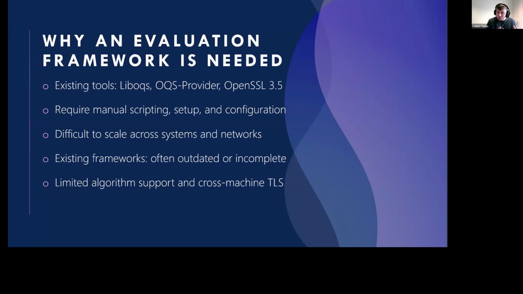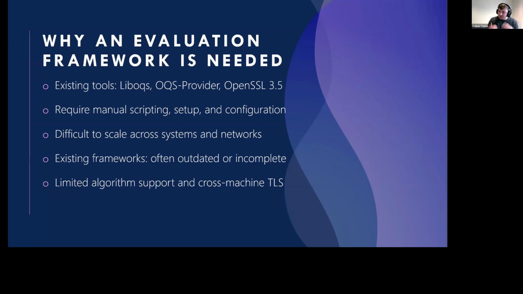The problem with these tools is, whilst providing a full set of PQC implementations, to be able to effectively use them within research and within different experimentation setups, it often requires a lot of manual setup and configuration and setting up scripting so that everything behaves and everything works, which is a massive overhead for researchers and can provide a barrier to entry, especially for new people coming into the field who want to understand the deployment challenges or the requirements of PQC.